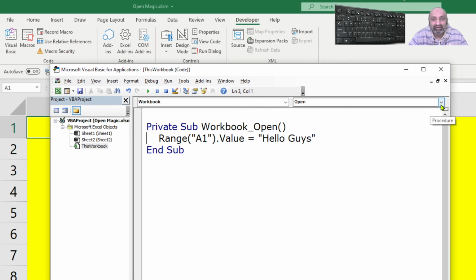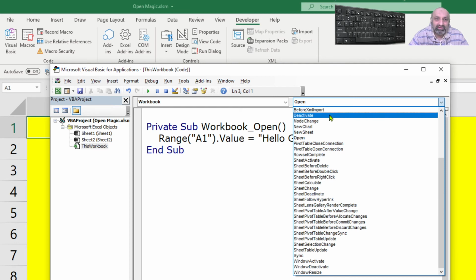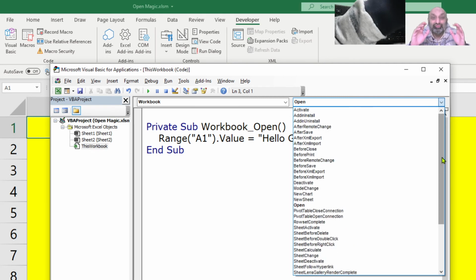Then from the right drop down menu, I choose the event I am going to program, like BeforeClose, Deactivate, ModeChange, NewChart, NewSheet, Open. There are so many events actually: SheetActivate, BeforeDelete, WindowResize, WindowActivate, WindowDeactivate. These all are events, and you can program those events, right?